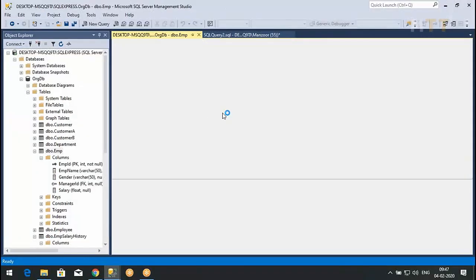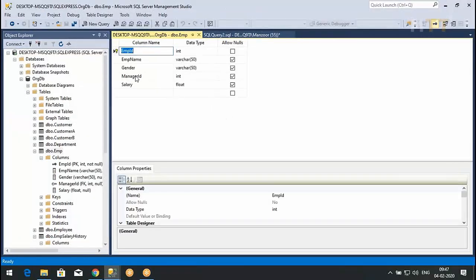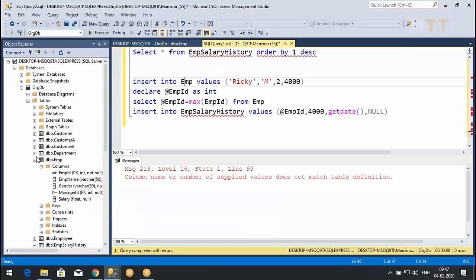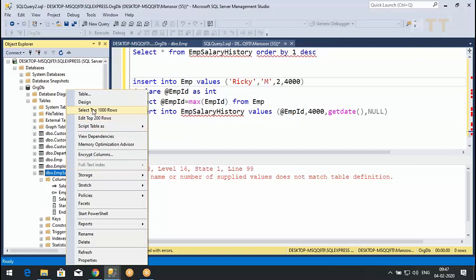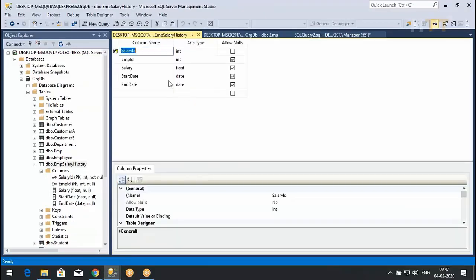We missed something. This is fine. What about salary history? Let us see salary history also. Salary ID, EMP ID, salary, start date and end date.